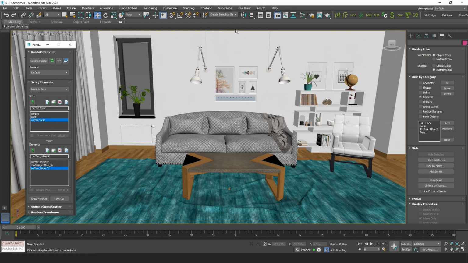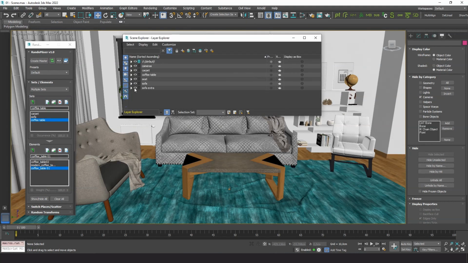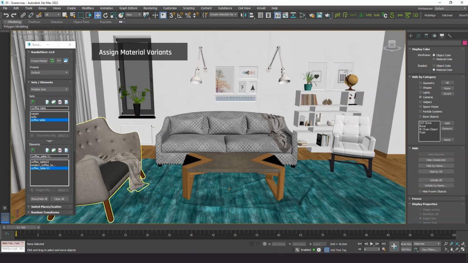Let's go a little further and include another type of sofa in our scene. Our goal now is to include it in the collection and then make it change its material from state to state.